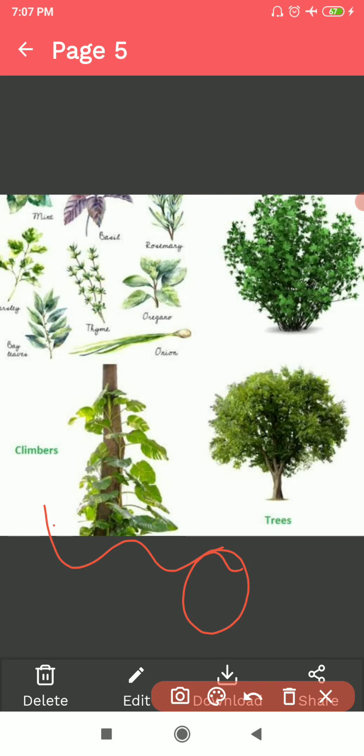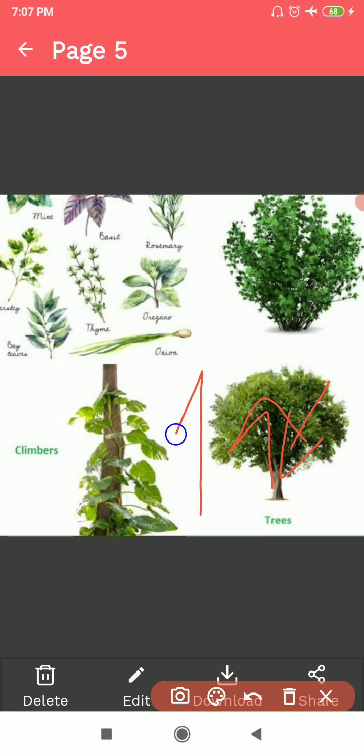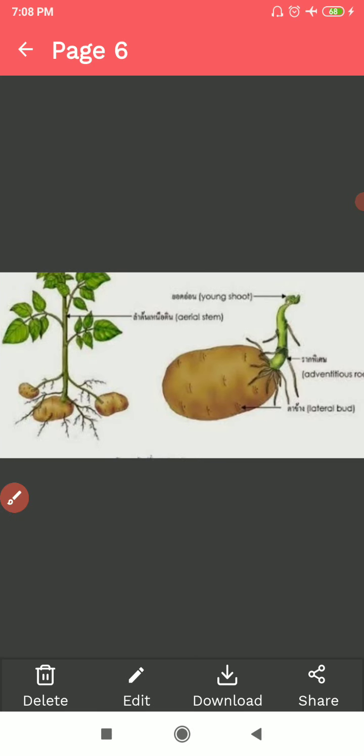Now we come to the uses of stems. The stem carries water and minerals from the root to the other parts of the plant. The stem also supplies the food made by the leaf to other parts of the plant. The stem bears the branches, leaves, flowers and fruits, and the stem keeps the plant in upright position. Like roots, in some plants, the stem has a special function. The stems in these plants store the extra food that is prepared by the leaves.